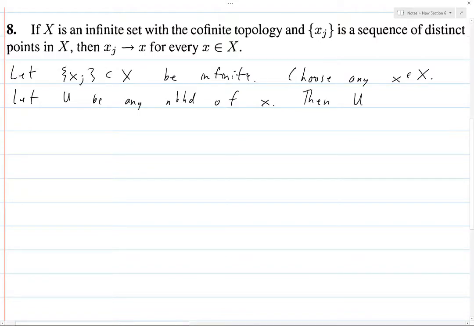Then U is F complement, where F is a finite set.